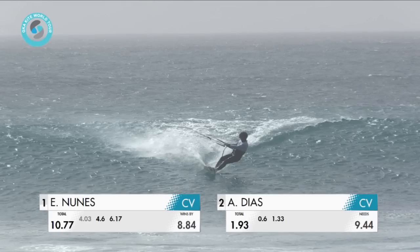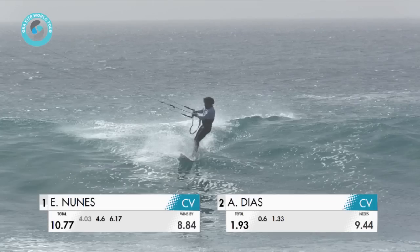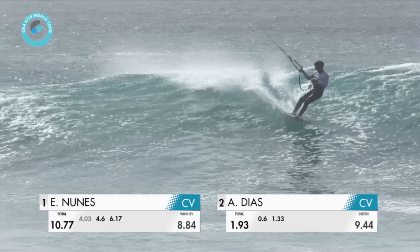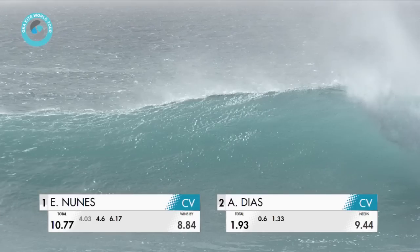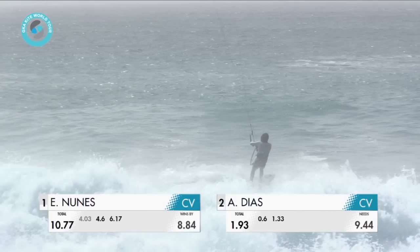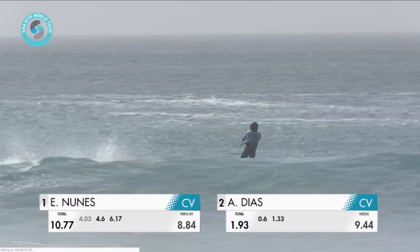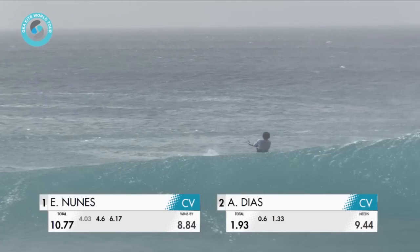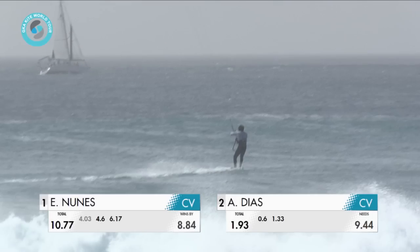Mixing it up and then combining that with good wave selection and with some of the bigger waves of the sets. That's what you want. And here he's looking maybe to go on this wave. Is he going to go? No. Seemed like it was a nice little section, but he obviously wants to go further out for some of the bigger waves in the set. Elvis, 10.77. There you go. That last wave, 6.17. I would have thought he would have scored a little bit more than that, but obviously the judges,